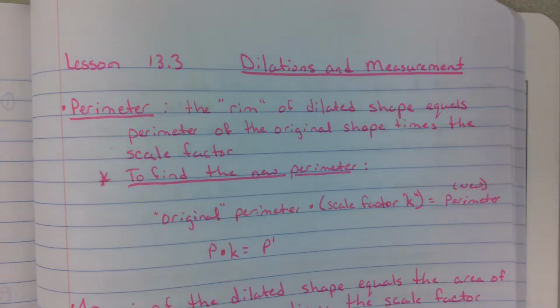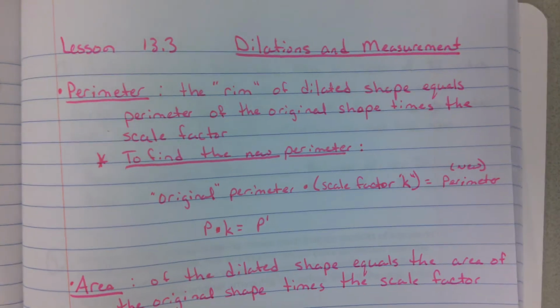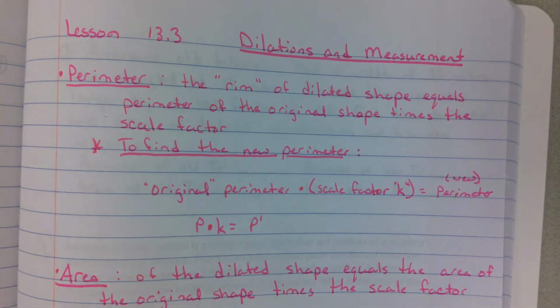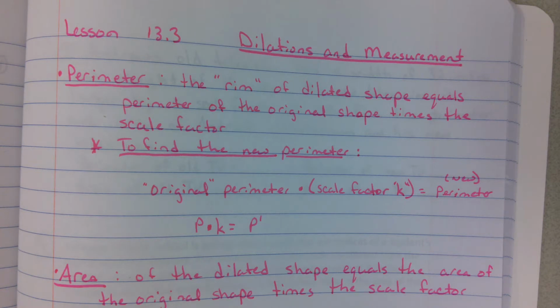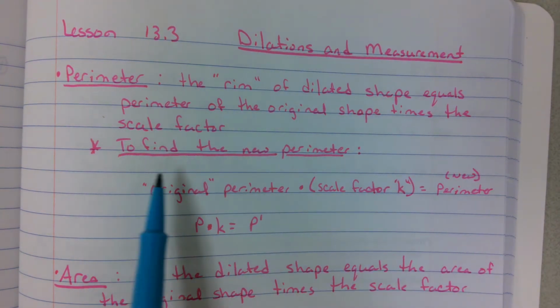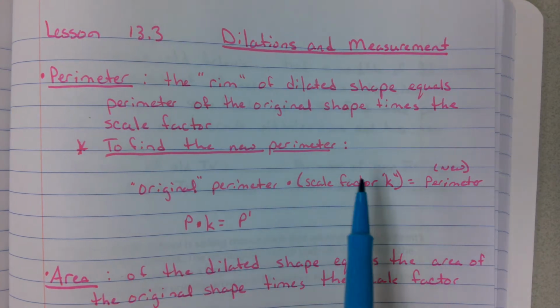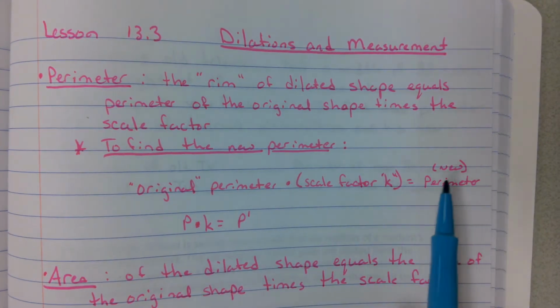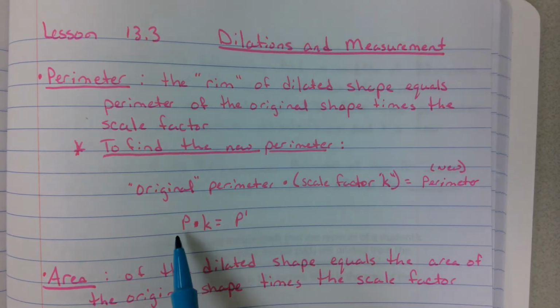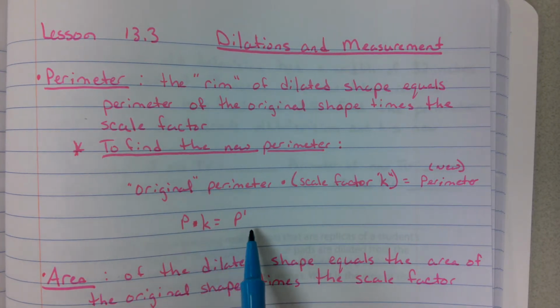All right, lesson 13.3 talks about dilations and measurements. So we're gonna go over this. Perimeter: the perimeter of a dilated shape equals the perimeter of the original shape times the scale factor. Remember that when we're talking about perimeter, we're adding up all the sides. To find the new perimeter, you take your original perimeter multiplied by the scale factor k, and that will give you the perimeter of your new figure. So the perimeter of your original times your scale factor is going to give you the perimeter of your new